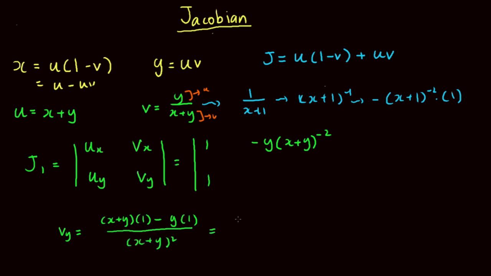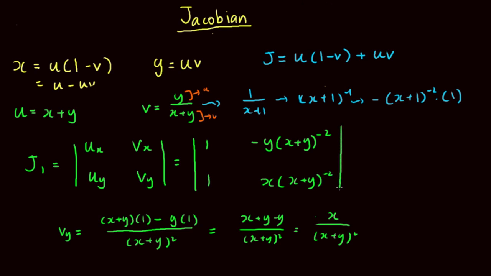In other words, it just becomes x, because x plus y minus y, over (x plus y) squared. So it's simply x over (x plus y) squared. You can also write it as x times (x plus y) to the power of negative 2. Okay, with that being said and done,